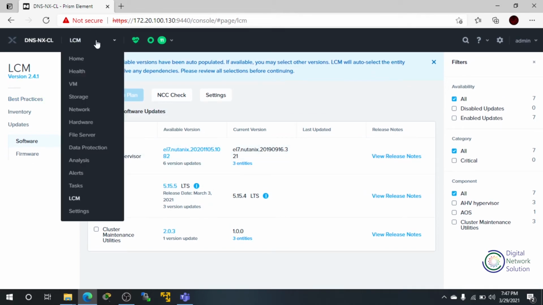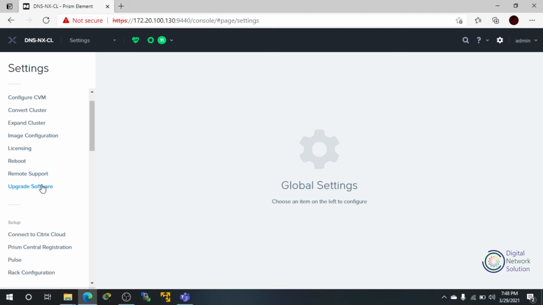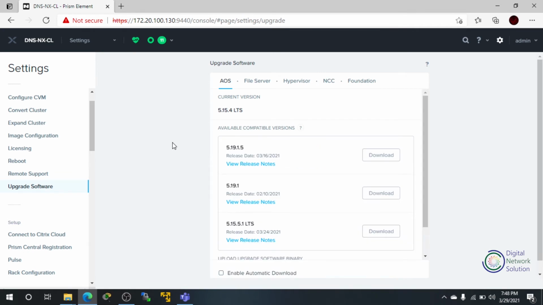The other way of doing all the different kinds of upgrades is through Settings in the drop-down menu, and then choosing an upgrade. In Upgrade Software, I'll click here. The best way to choose, if we have Prism Central running in the cluster, is to upgrade NCC on Prism Central first, then upgrade Prism Central, and then come to Prism Element where we will upgrade NCC here.